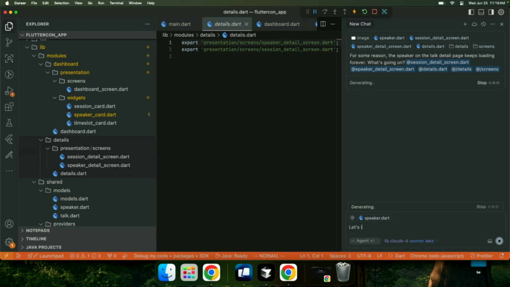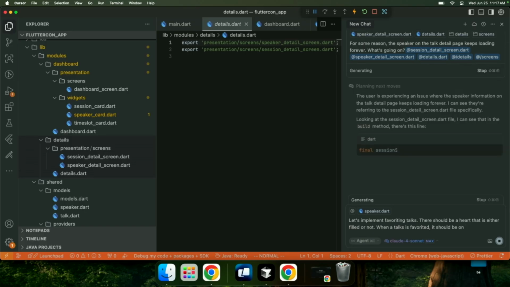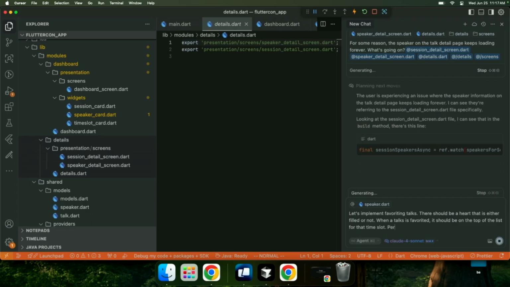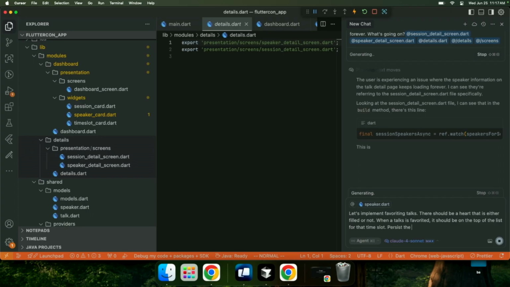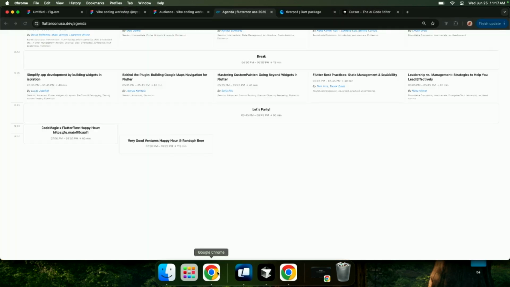Let's implement favoriting talks, either filled or not, to local storage. So I'm just typing out the prompt.